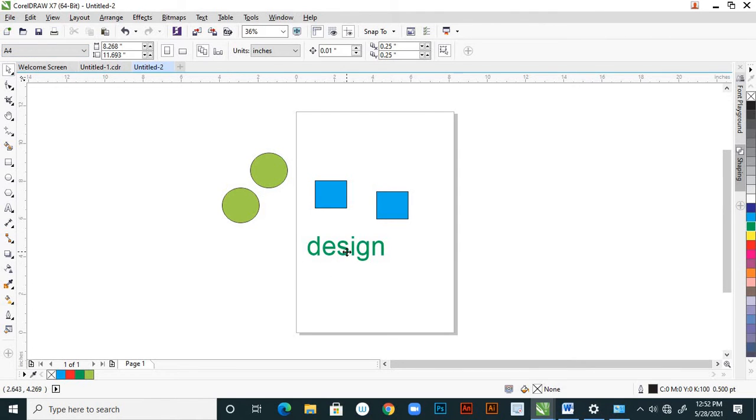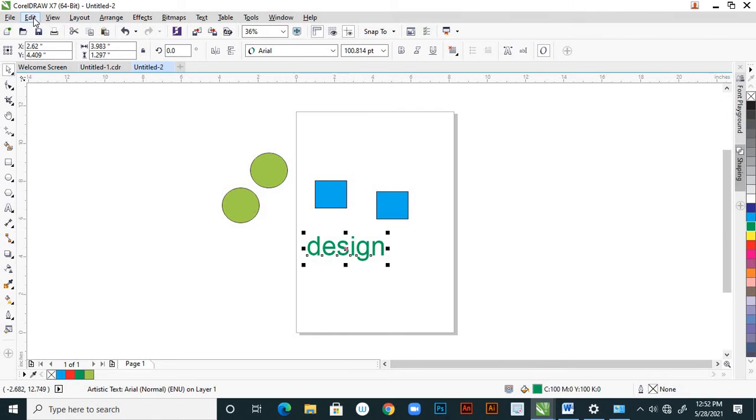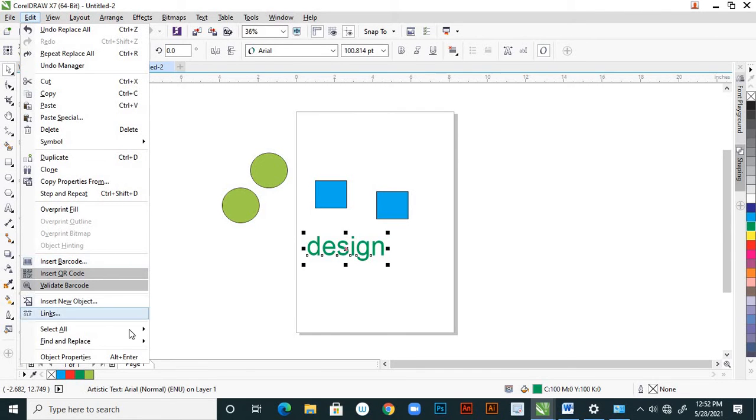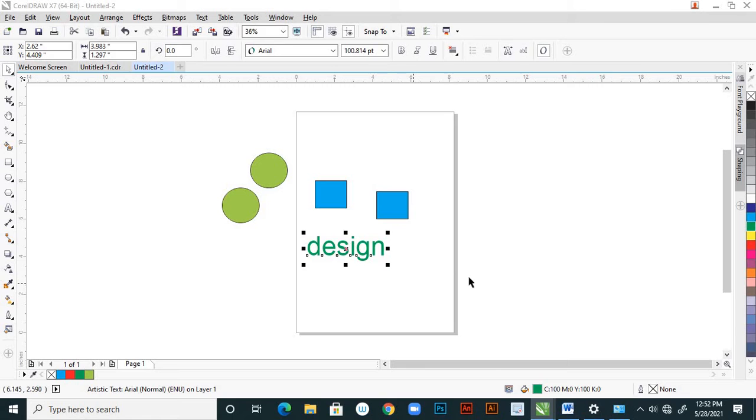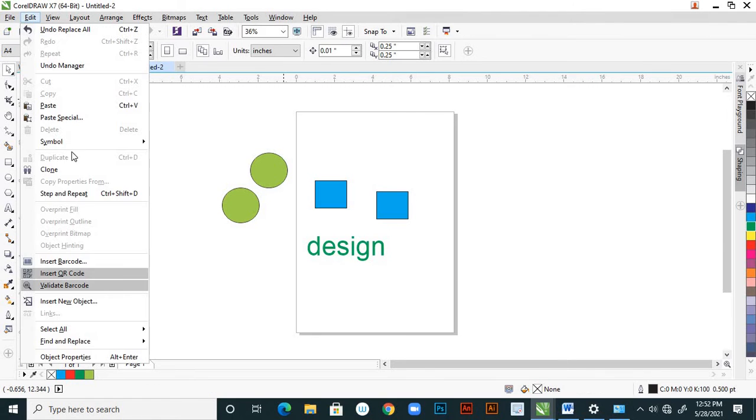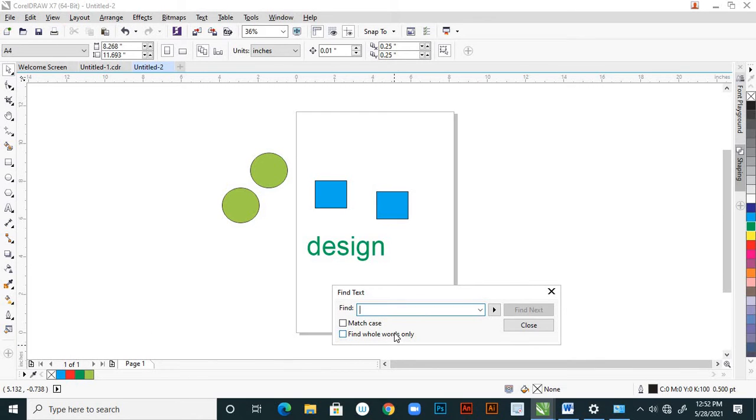The same thing, suppose here, see, we use now for text. Find and replace, find text. So here, find text, first don't select this one, and find text, and give this DESIGN, design.